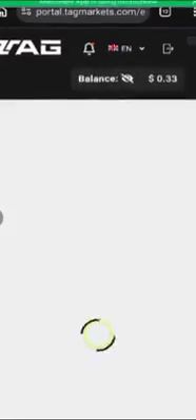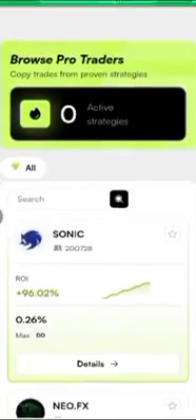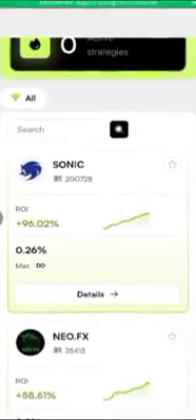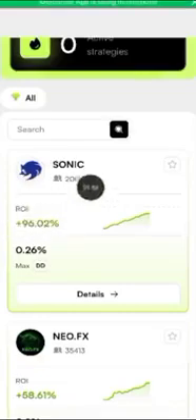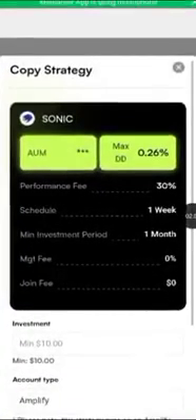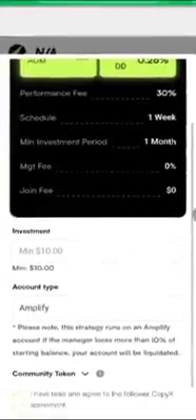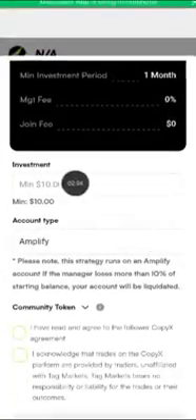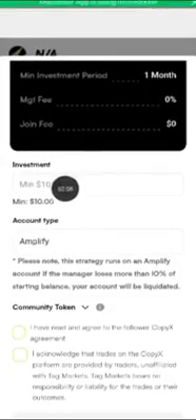Then here you'll be presented with this interface. Allow it to load. Yeah, here we are. So now you click on this, ensure it's on Sonic, which is the AI. You click on details, then allow the details, drag it down. Then this is where the action will be taken. The minimum you can invest, not deposit,